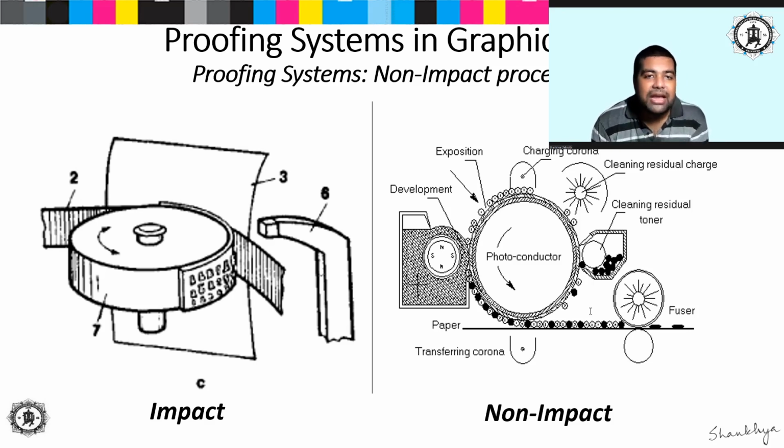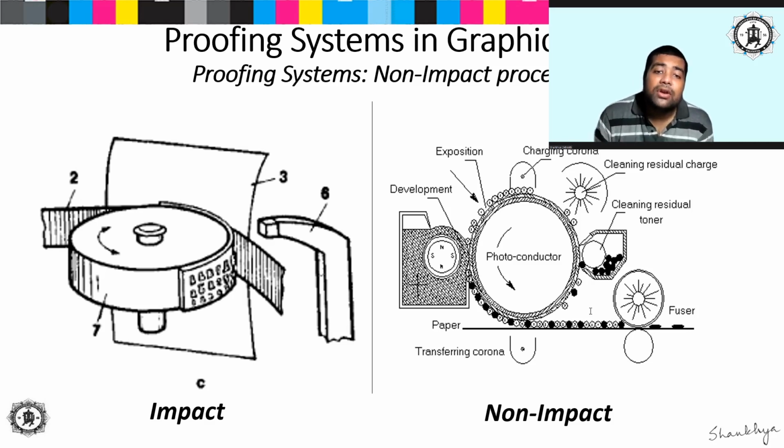One is your impact printer, and another is the non-impact printer. In case of your impact printer, printing is performed by means of an impregnated ribbon. Therefore, there is a mechanical contact. Not always only the ribbon, but there may be a plate or any other intermediaries, and therefore there is a direct contact between the printing assembly and the paper, as well as the inking mechanism. The advantage of these printers is that they allow to make several copies simultaneously.